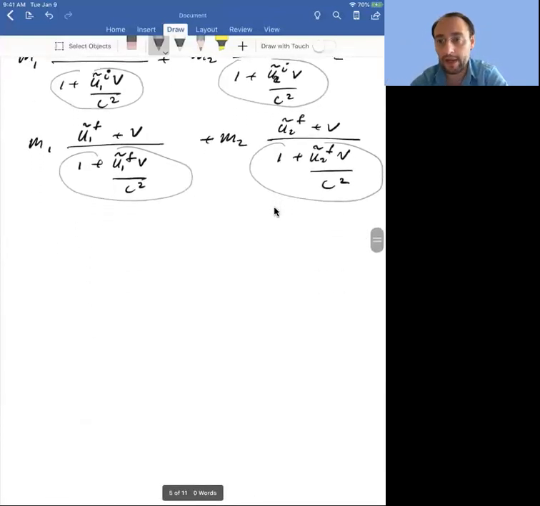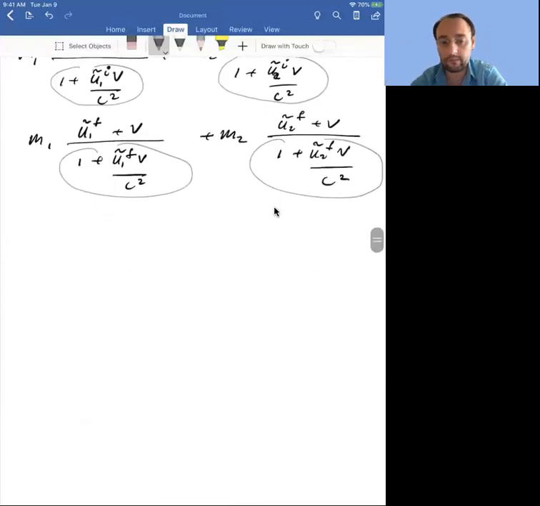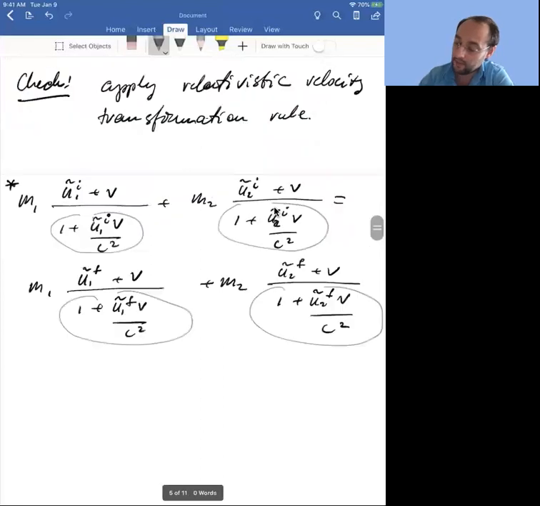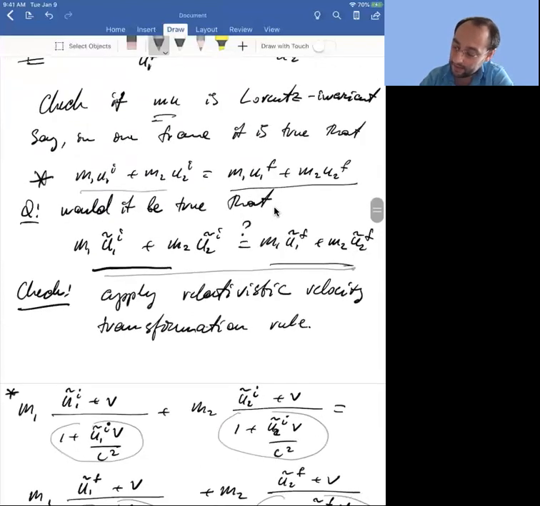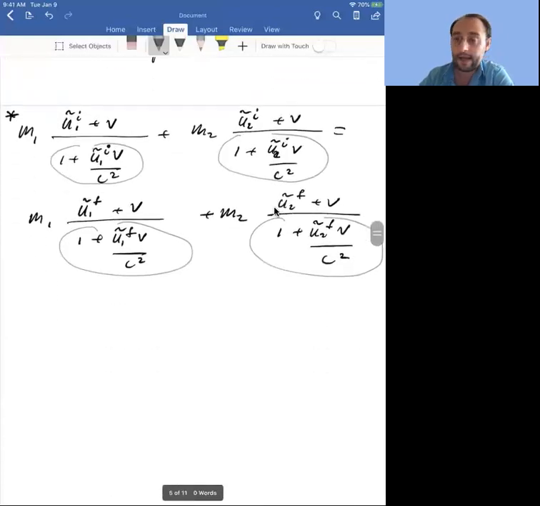But I do have those denominators. And because of those denominators, we see that if the sum of the products of m times u is conserved in one frame, in other words, that sum is the same before and after, then in general,